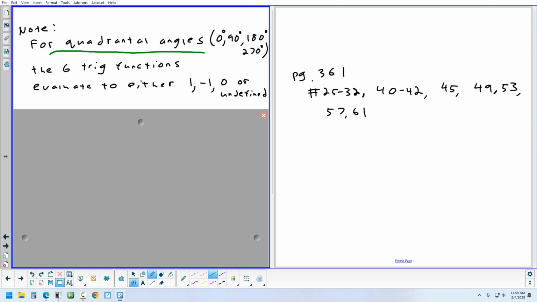Okay, on the right, that's the homework for tonight. So page 361, 25 to 32, 40 to 42, 45, 49, 53, 57, and 61. Okay, so we'll take a look at that tomorrow, and then we'll start 7.2, and we'll finish 7.2 on